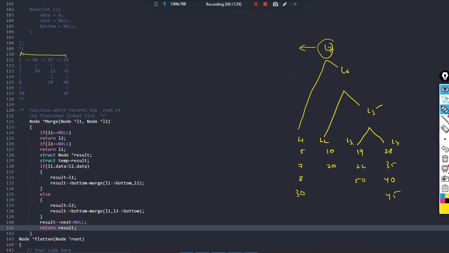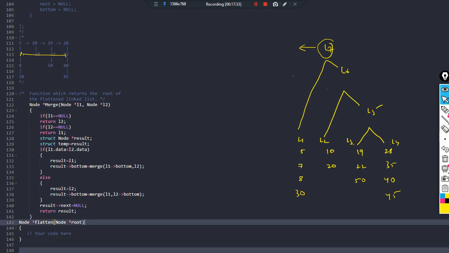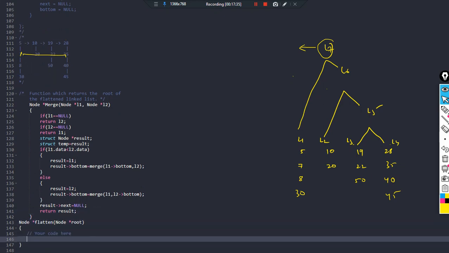How can we do so? So for that particular reason, what will I do? I'll write the flatten function here, recursive. How will it work? We will say what is the base condition. Now you see, the moment I pass the address to this node, this will say, okay, before me you have to combine the other linked lists. So it will go here. Now this will say before combining me you have to flatten other linked list. So control will come here. This will say before flattening me you have to combine other linked list. The control comes here. Now this will say before flattening me you have to flatten other linked list, and the other is nothing but null.